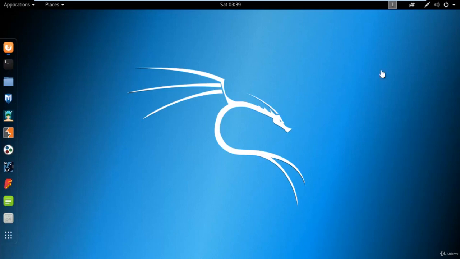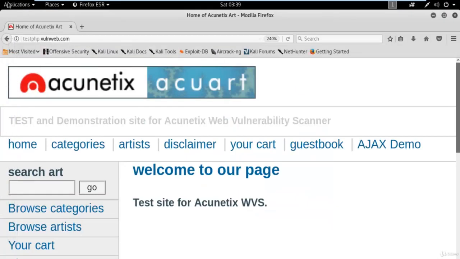To do that, you can see that we already have our sample website, which is testphp.vulnweb.com, and obviously we will try to attack this website. First of all, we need a simple link of this website. To get a link, we can simply click on artists.